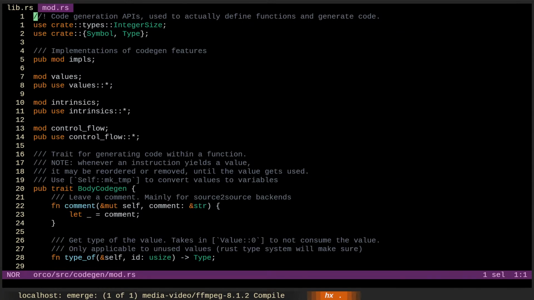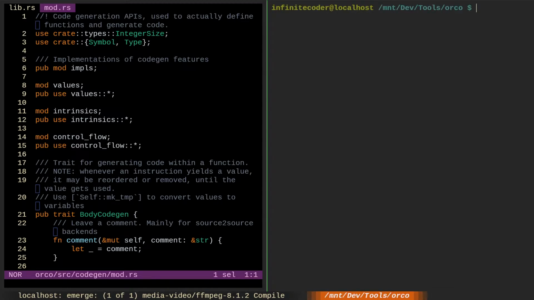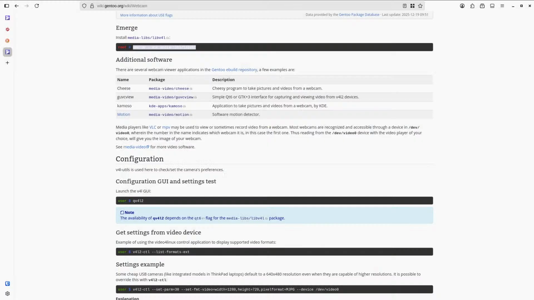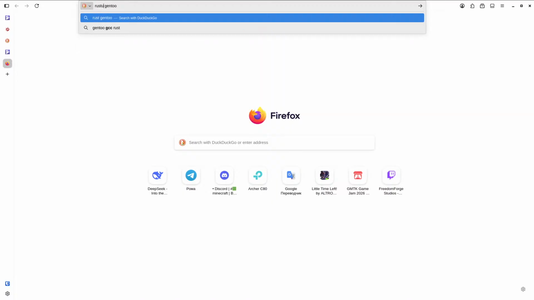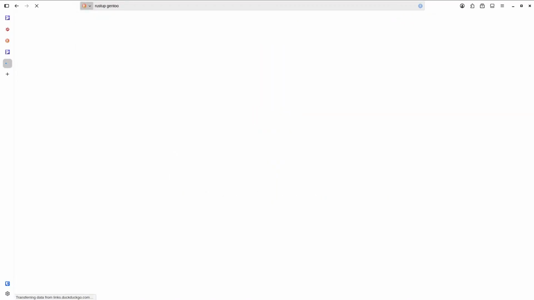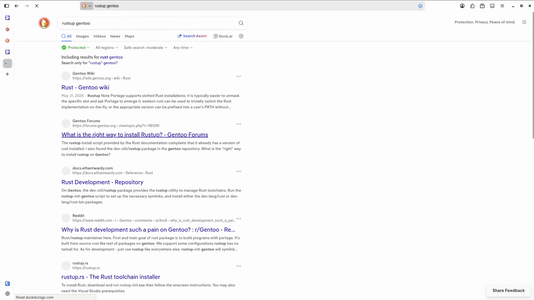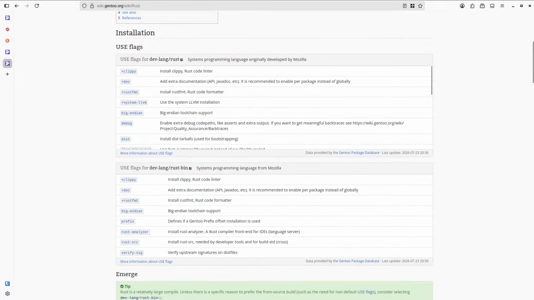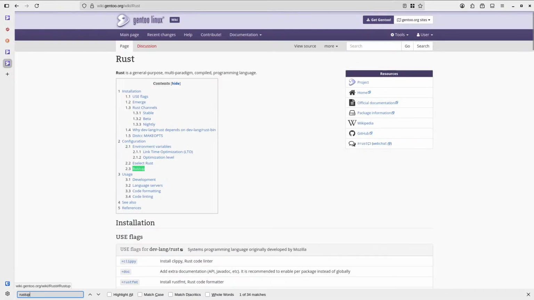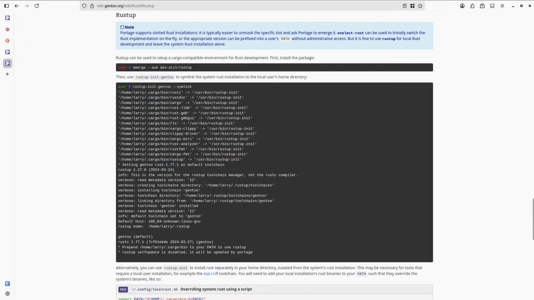Oh right, we don't have Rust analyzer, do we? Do we have rustup actually? No, we don't. We have cargo, but we don't have rustup. Oh well. Rust Gentoo rustup. Or do we go without the analyzer? I mean, maybe we go without the analyzer. eselect.